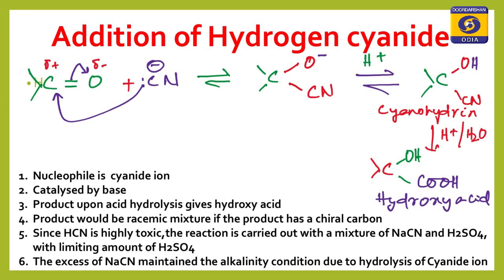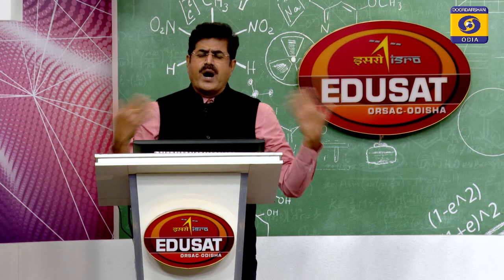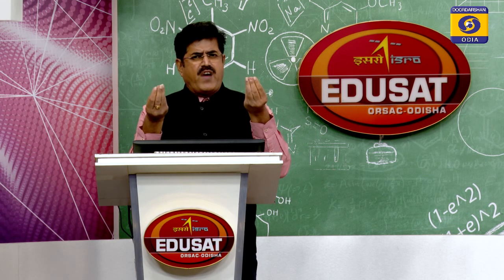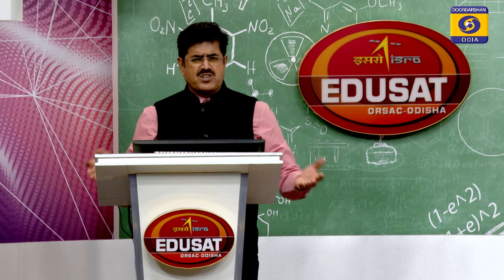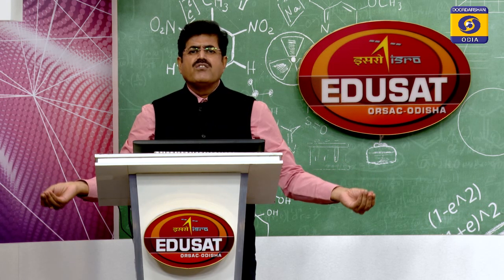I am just refreshing you on how the nucleophilic addition of hydrogen cyanide takes place and what the characteristics of addition of hydrogen cyanide to the carbonyl compounds, I mean aldehydes and ketones, are. Let us see that. Number 1, the nucleophile is cyanide ion. Number 2, it is catalyzed by a base. Why is a base required? Just to generate the nucleophile. Which one is the nucleophile here? CN minus ion. From where is it generated? From hydrogen cyanide. Why does hydrogen cyanide not furnish CN minus to a larger extent? Because HCN is a very weak acid, so it ionizes to a smaller extent. So, the concentration of CN minus is very low.